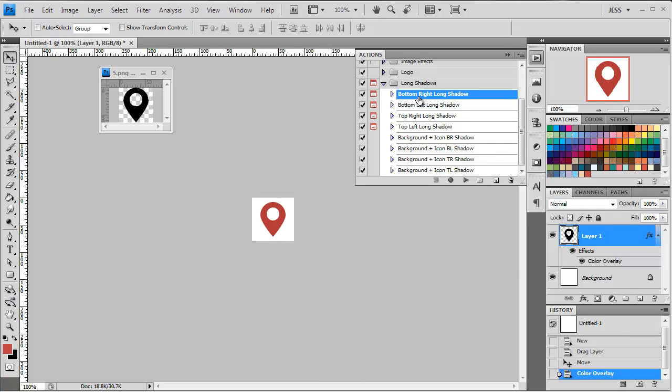And then I can choose which direction that I want. We'll start with these first 4. Bottom right long shadow, that means that the shadow will start with where it is and it will end at the bottom right of the image. Bottom left is the same thing. It goes from here down and it ends in going this direction. Top right, it goes up to here, this corner, and top left, it goes up to this corner. So we'll just go with bottom right,